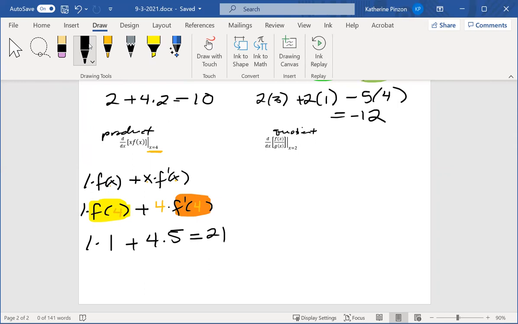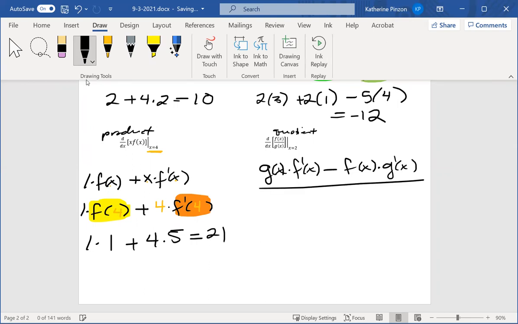Okay, here we go. Last one. This guy needs the quotient rule. The quotient rule says bottom, g, times the derivative of the top, f prime, minus top, f, times the derivative of the bottom, g prime, all divided by